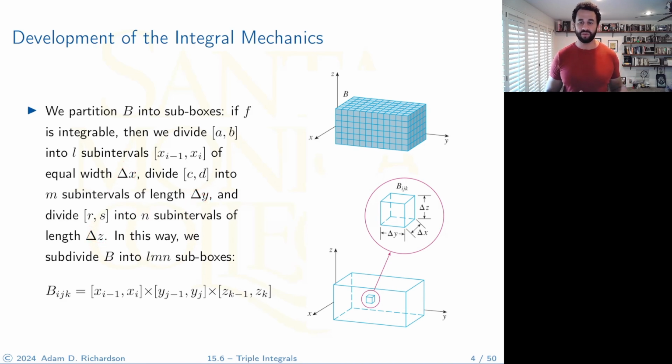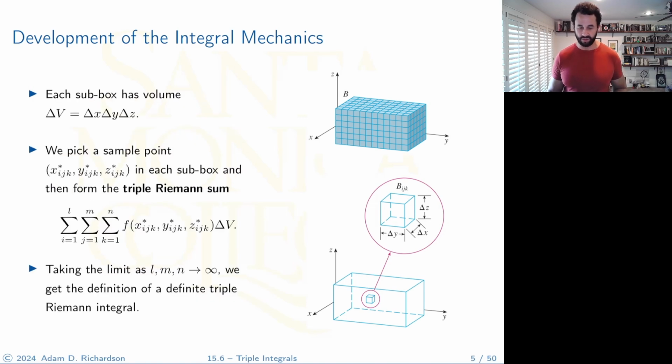And then in doing that, we're actually cutting this box up into L times M times N sub boxes. And the sub boxes are labeled B sub i, j, k. And it's literally just one of these tiny little boxes. There you go. So this is a pretty good depiction of what we're doing. Partition the box into a bunch of smaller boxes. Here are the dimensions of the small boxes. So the volume of the small boxes is going to be the product of those dimensions. So each one of those sub boxes has volume delta V, which is delta x times delta y